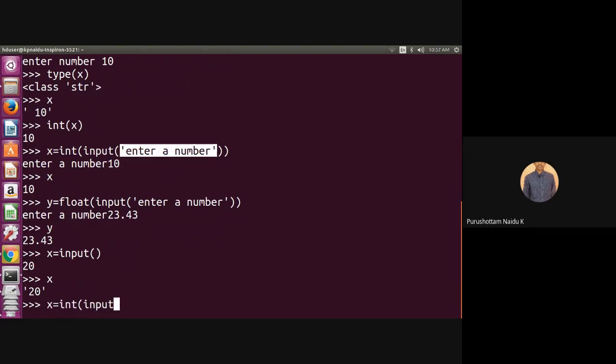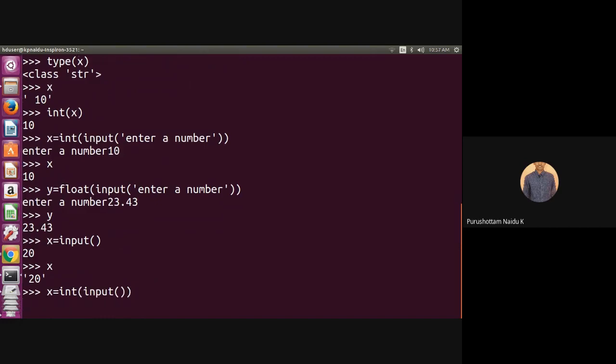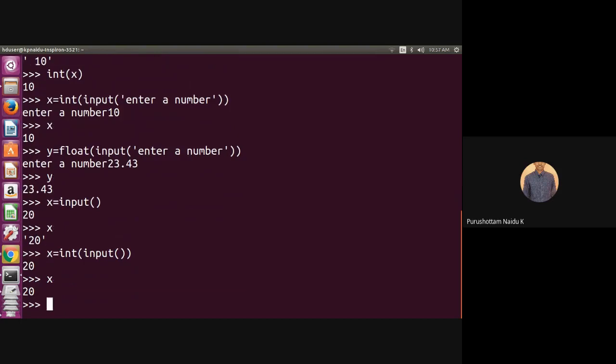Here it reads the input as a string, which is converted into integer type. Then press enter. If I give 20, then x is now integer type. Likewise we can use the input function. This is about the input and output functions in